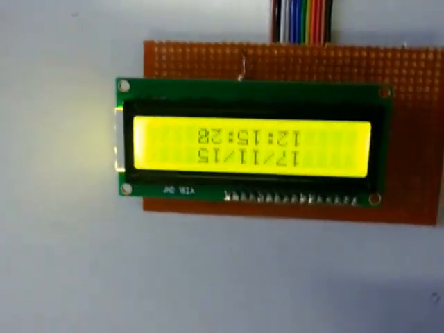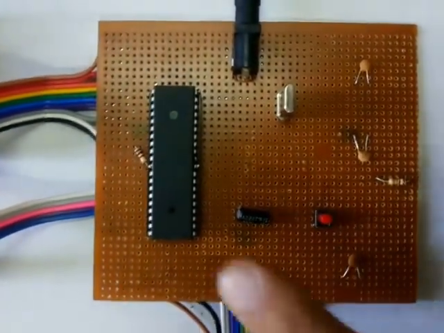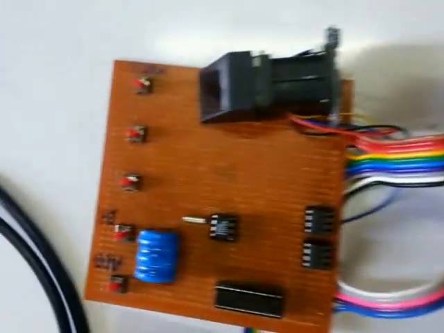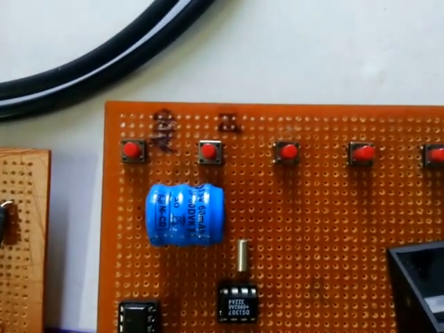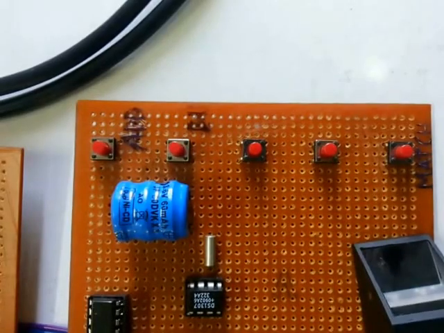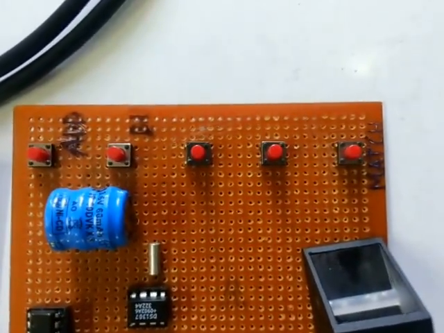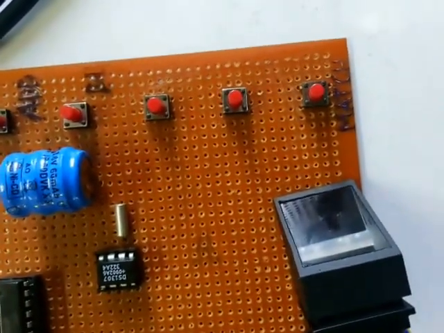Now this is my LCD section, then is my controller section which contains the Philips microcontroller, then the reset circuit. This section contains first of all 5 switches. One is for add, second is for delete all users along with the data, third is to delete data but the user won't be deleted, next is to send the data via USB, and last is for matching.